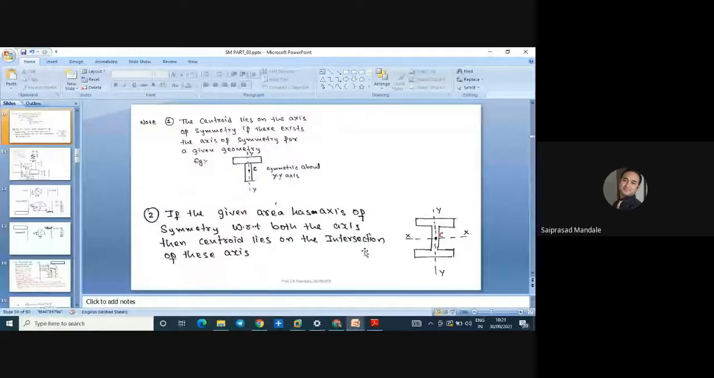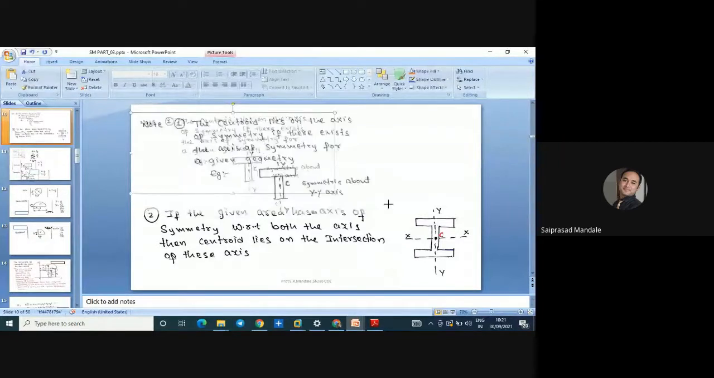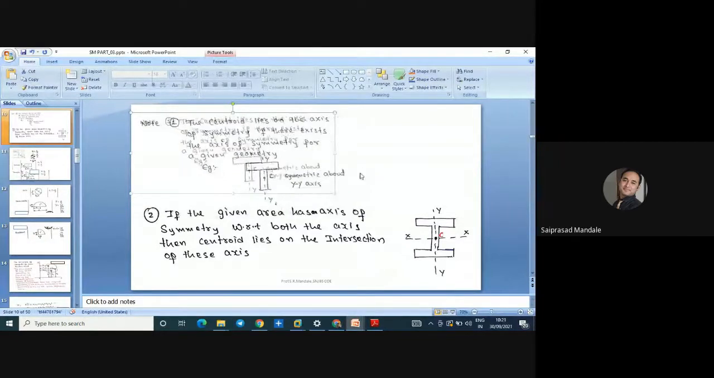So the centroid lies on the axis of symmetry, if there exists an axis of symmetry. If I wish to calculate the centroid, how to calculate it? We have to measure the distance. How to measure the distance? Say this is a T section, and if I wish to identify the centroid of that, only the vertical centroid, then the distance between the top flange